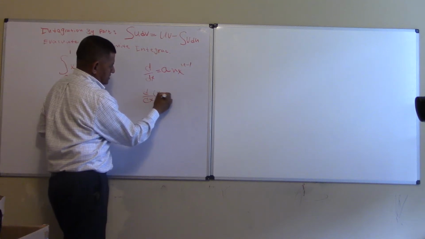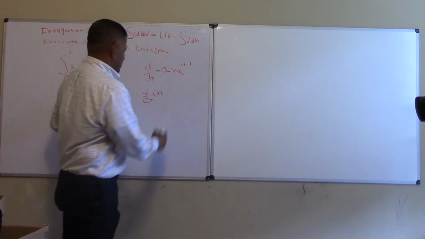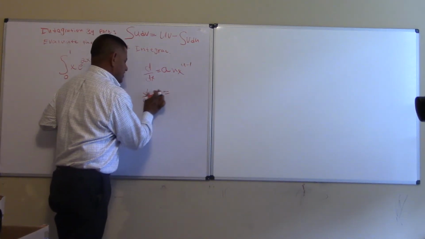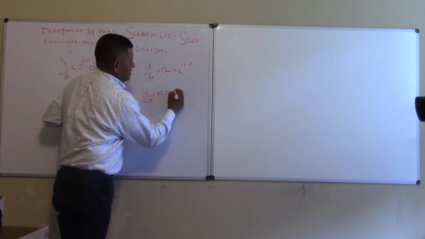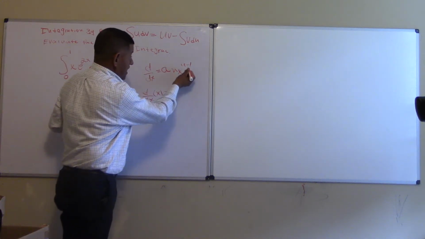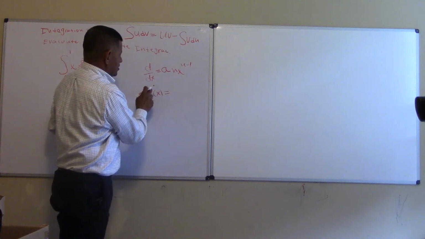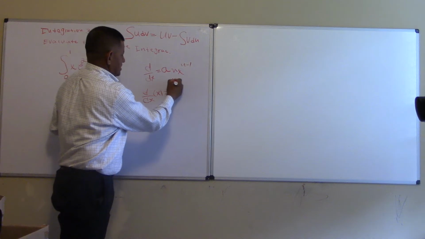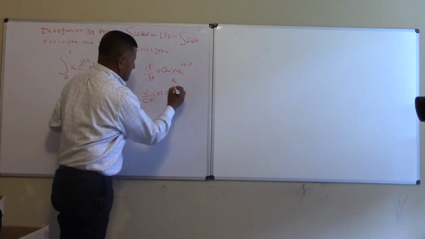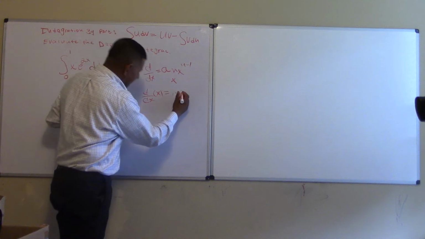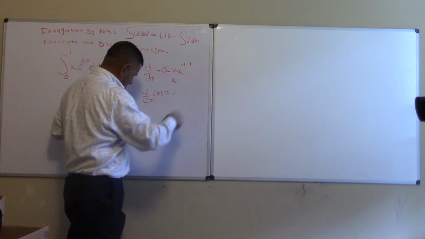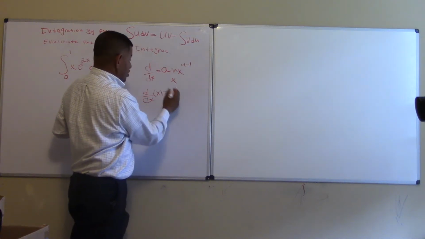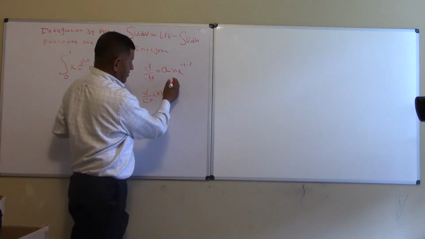Some books write it like this: the derivative of x is equal to the derivative of this x, where the coefficient of x here is 1. So a is 1, times the power, which is 1, so that comes in front, times